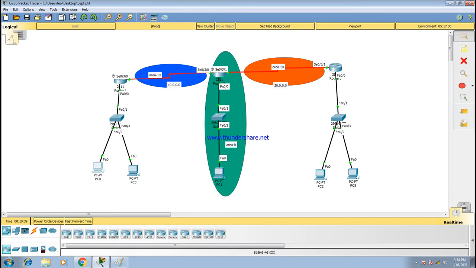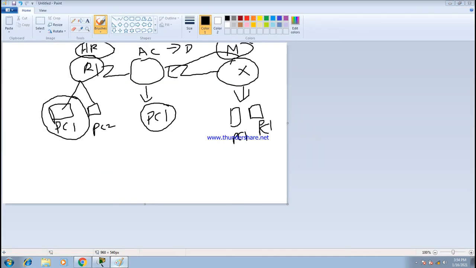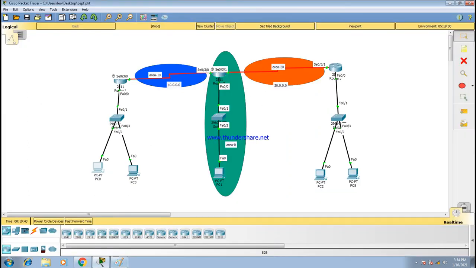This is the HR department, and this department is the marketing department. This is the source, and this is also a source. The destination is the system that these 2 systems are trying to access. This system is called the destination system. So you want to configure the ACL in your centralized router.